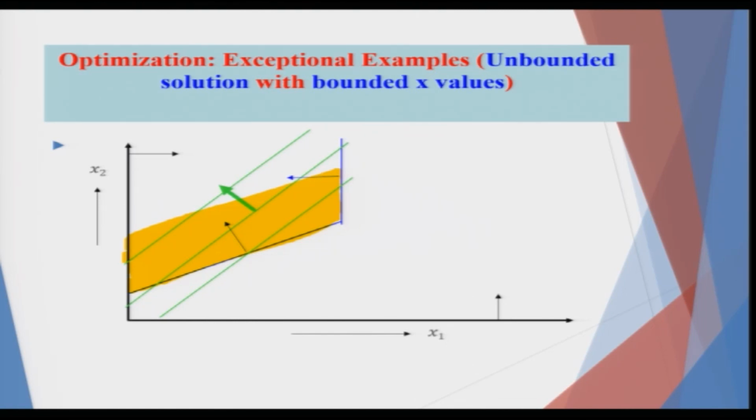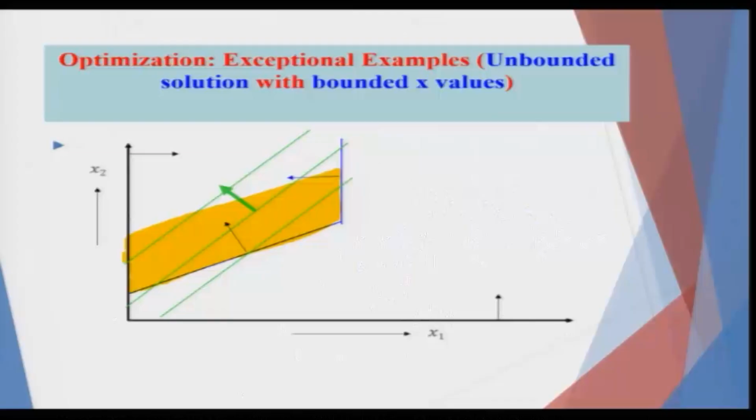Now, the objective function you mark, which is the green line, moves parallel. You want to increase the objective function value, because in a maximization problem it keeps moving, but the corner point, obviously, you would always reach at an infinite point. But remember one thing: x1 will keep increasing to infinity, x2 is fixed because it is less than or equal to 3. So, obviously the maximum value of x2 can be 3, which is a bounded